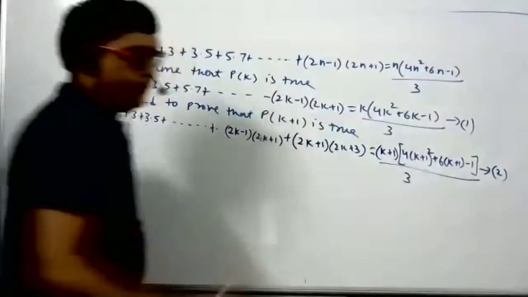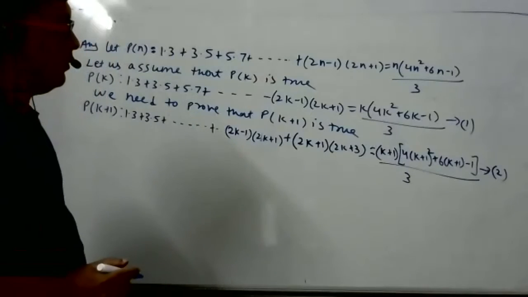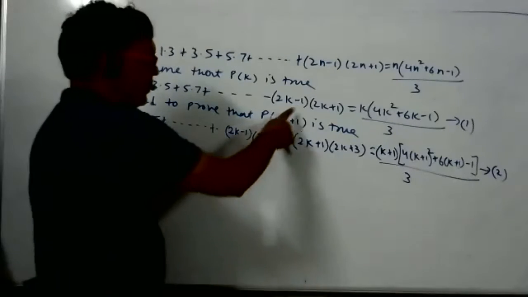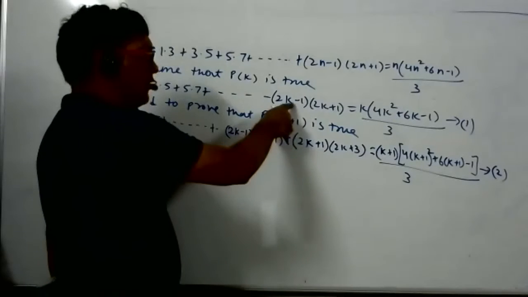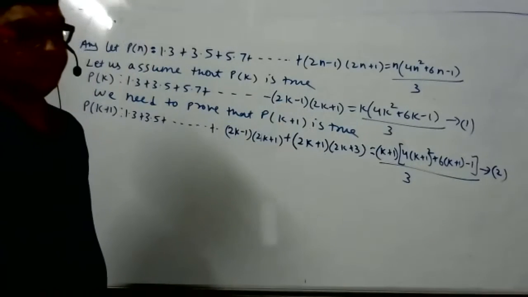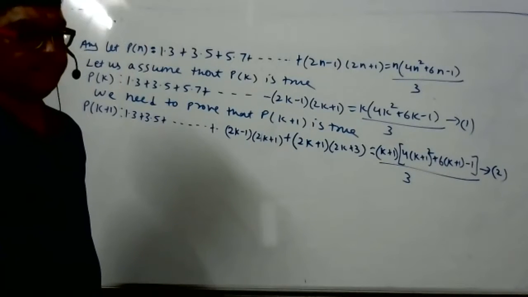See sir, every time the last term of P of k is equal to the second last term of P of k plus 1. So what is your doubt? No, sir, it's always right. Always, because this is still k, this is still k plus 1, so this only will be the last but one term. Shall I proceed or is some doubt there? Yes, sir.